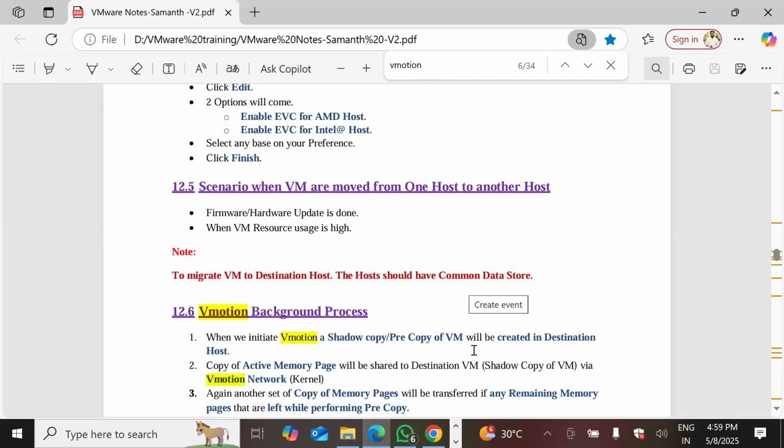Hello? Yes. Okay. So here, this is one of the important ones. To migrate the VMs to a destination host, the hosts must have a common data store. As I told you, how many ESXis are there? All the ESXis are connected with the common data store. If you have one common data store, that data store should connect with all the ESXi hosts. Then only you will be able to migrate. For example,